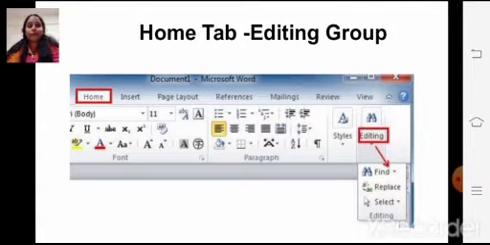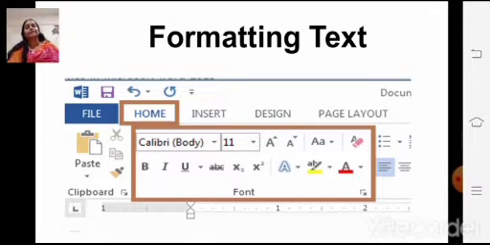Fine. Now next, formatting. This is a very favorite thing of all the children. I know you love to format. You love to change the font, you like to change the size of the font, make it bold, make it underline, and there are different colors, you can give different colors to your text. And you can beautifully format it. You can make your document very attractive by using these font formatting options.